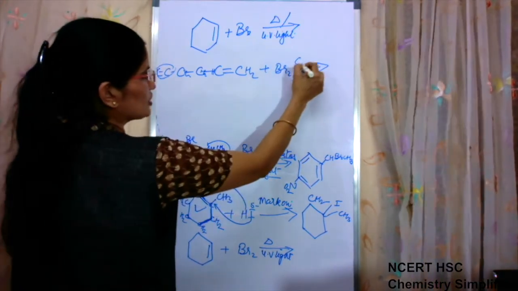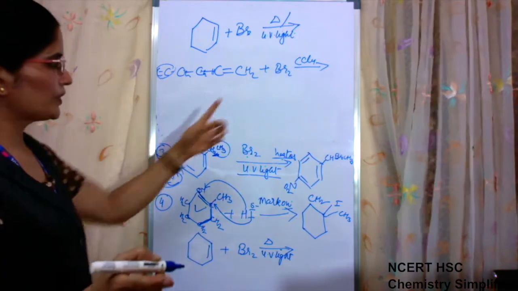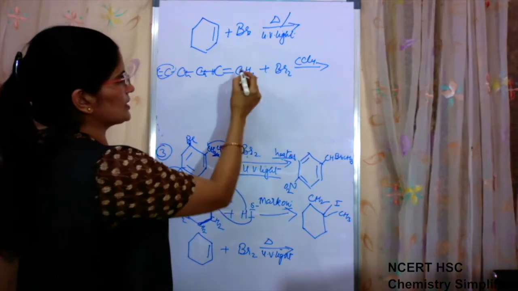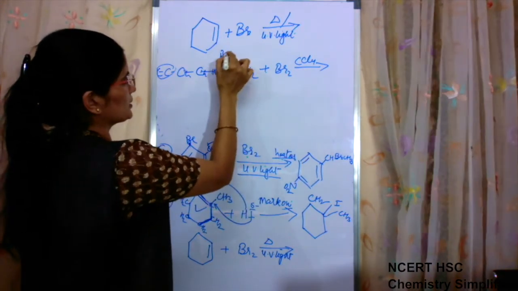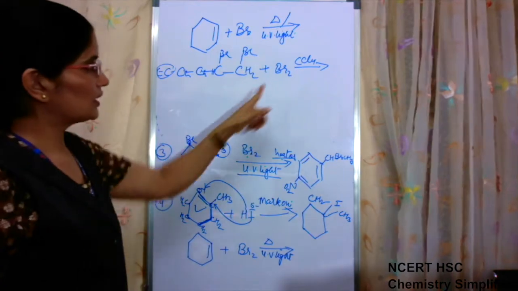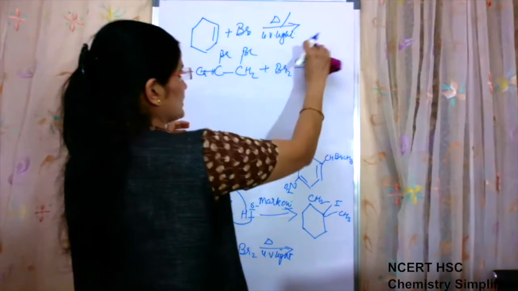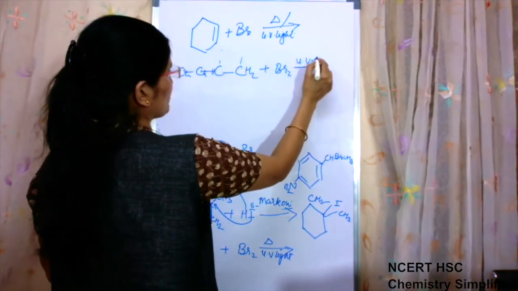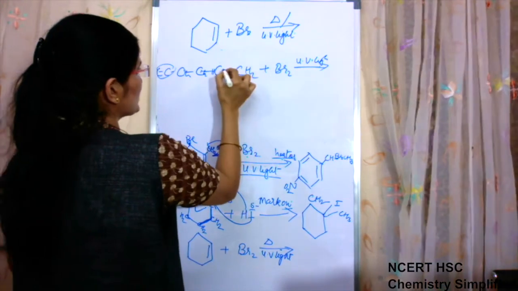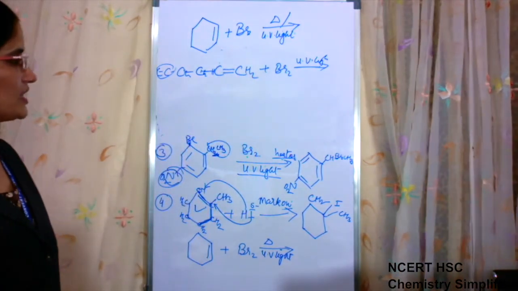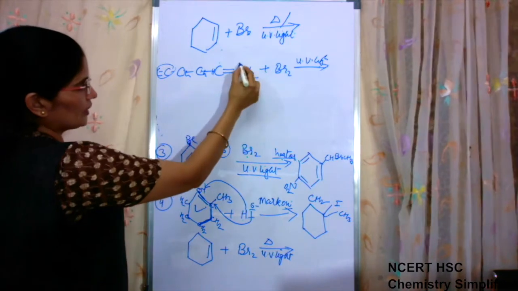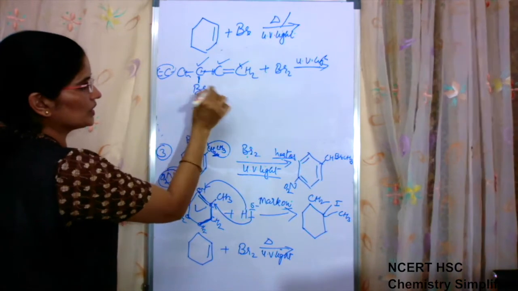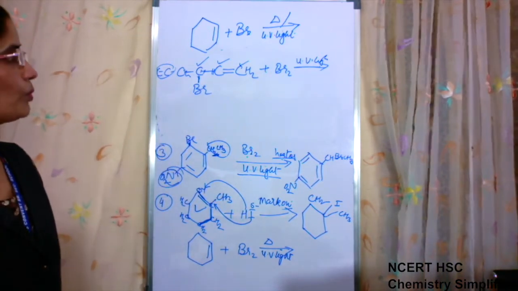ये वही reaction है which takes place in presence of CCl4. When CCl4 is present, we know that reddish brown color of bromine decolorizes and bromine atom gets added here. यहाँ Br लग जाता, यहाँ भी Br आ जाता. But only when presence is different, यहाँ पर CCl4 की जगह if there is UV light present, then what we have studied, allylic bromination takes place. मतलब क्या होता, 1 कार्बन 2 कार्बन 3rd नंबर का जो कार्बन है इसका एक H हटता और यहाँ पर ब्रोमीन आ जाता. This is known as allylic bromination.